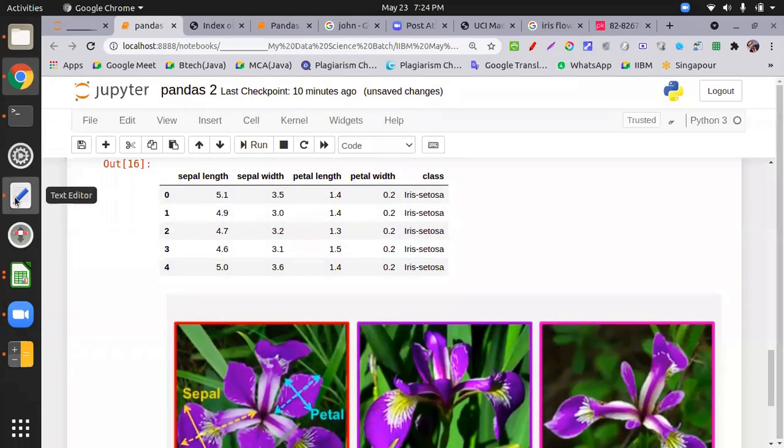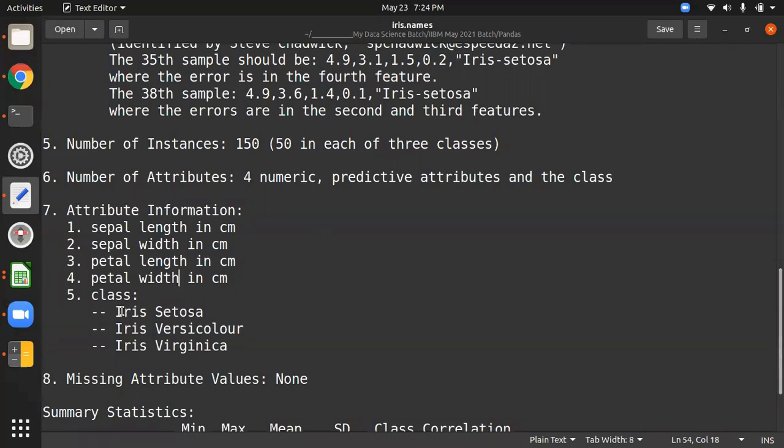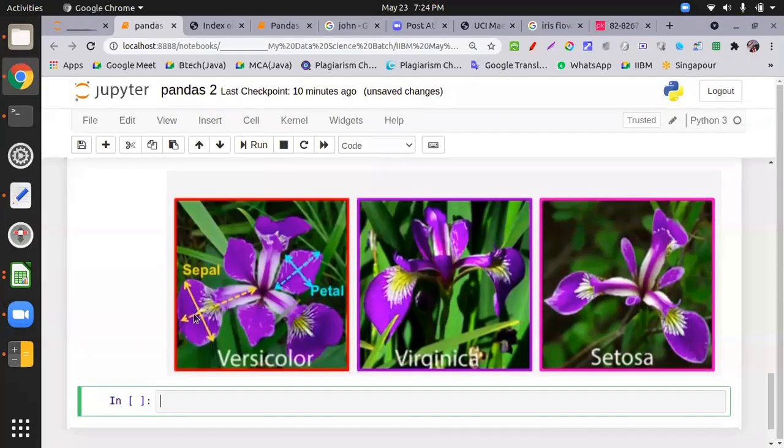If you go through the name file, we have 3 species: Iris setosa, Iris versicolor, Iris virginica. These 3 species have a sepal and petal. Sepal is the bottom leaf, petal is the upper leaf. Based on this, researchers classify these things.